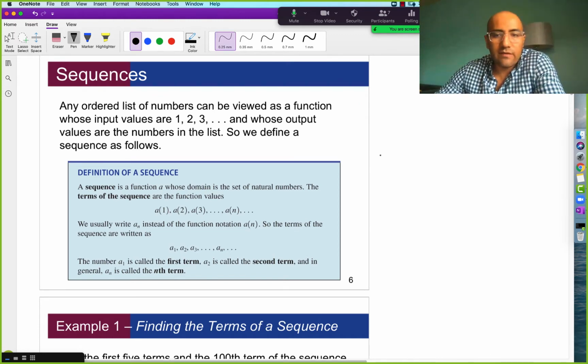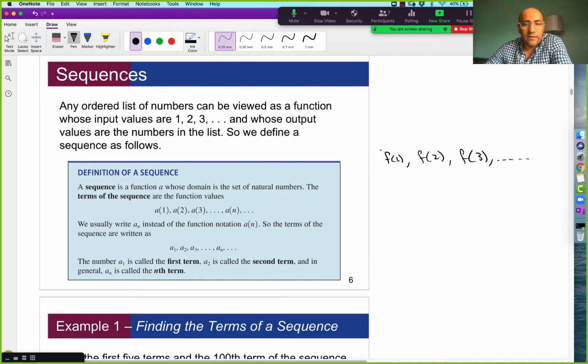You can also think of it as F of 1, right? Because we're used to seeing a function in terms of the letter F. F of 1, F of 2, F of 3, dot, dot, dot. And so F of 1 means that the first one on the list is whatever this output is. The second one on the list is whatever the output of this function is. The third one on the list, and so on and so forth. Right? So like maybe, for example, if F